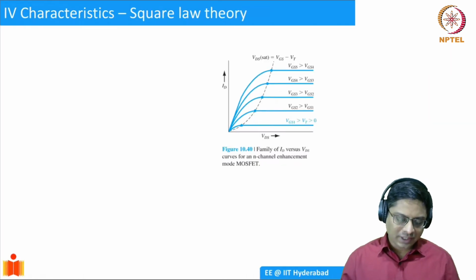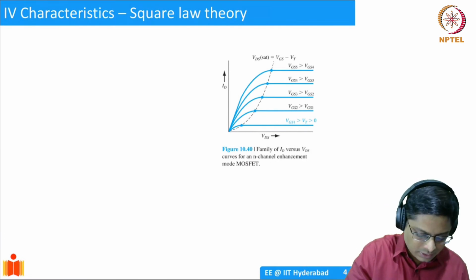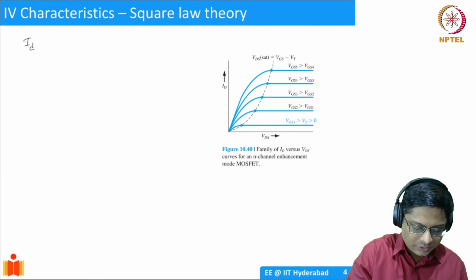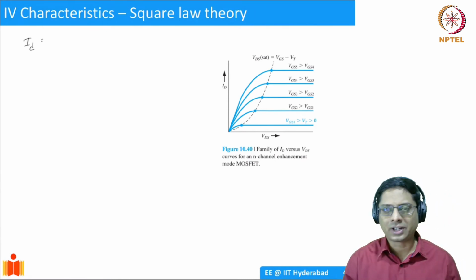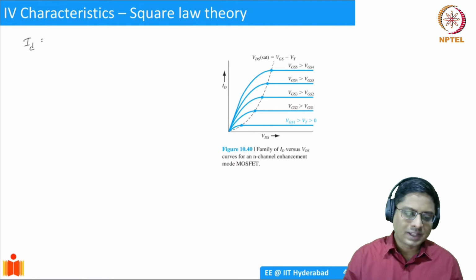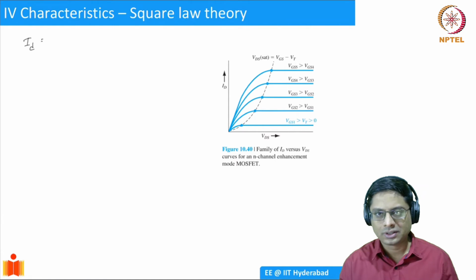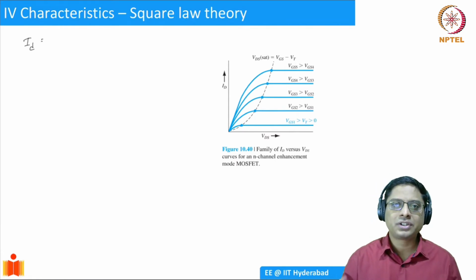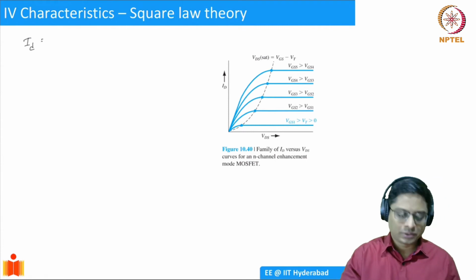The way we can derive it is, we will follow a similar approach, but we'll make one small change. Now, drain current was Q inversion divided by the time taken for the charge to travel. Now I'll say that Q inversion is not a fixed number. It's a function of position. And how do I capture the variation of inversion charge density as a function of X? Well, I'll include a Vx term.